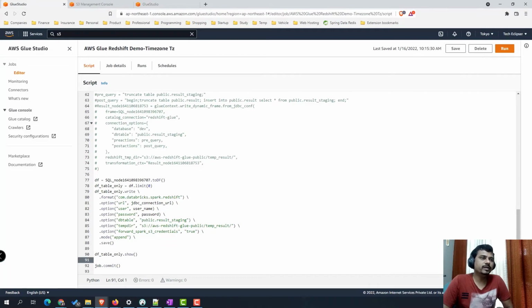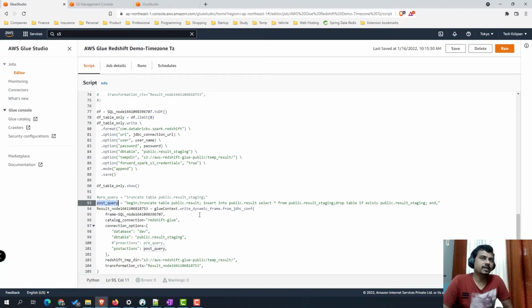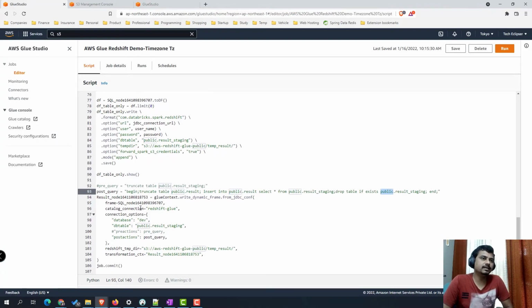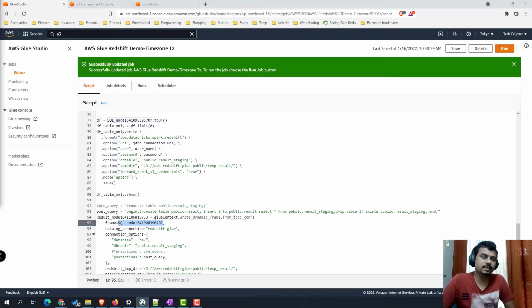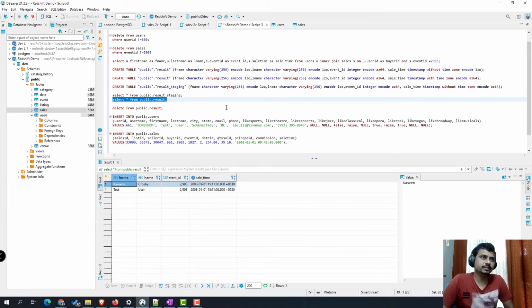So we will create the staging table dynamically. If you look at it, we have set the limit as 0. That means we will not insert any data from the data frames. We'll just create the table, and then we will use the Glue dynamic writer, where we write the data frame result, the query result which we have got, to the staging table. The above block helps us create the table, and the below block will help us persist the data set.